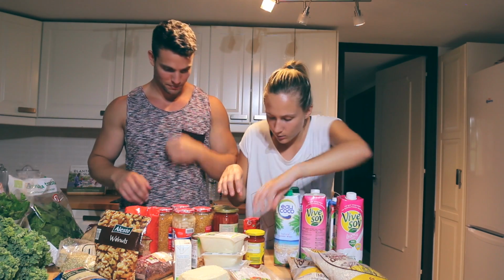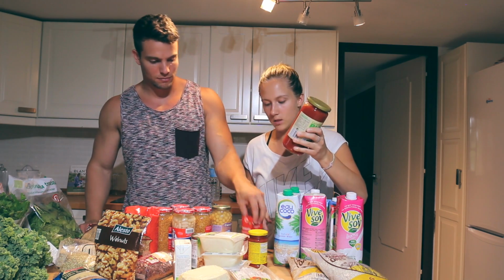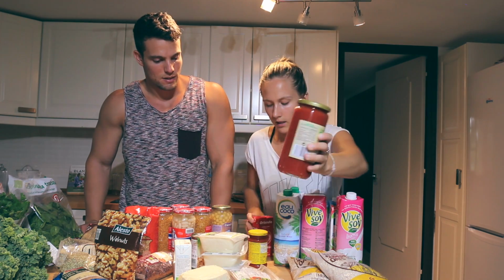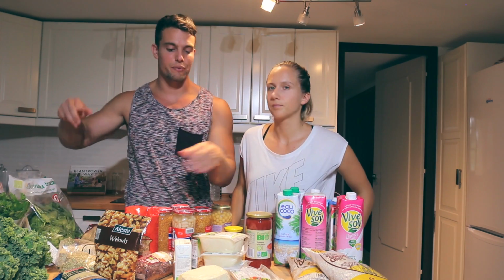Oh, and lastly here we have some sauces that we add to our lentils, beans, whatever. There's some tomato sauce. Same thing here. And some salsa. Okay, so we're pretty much done with the fresh stuff, the grains